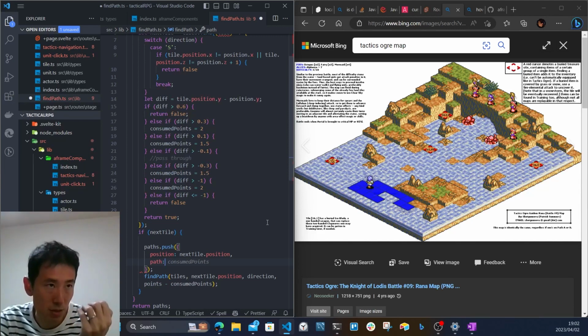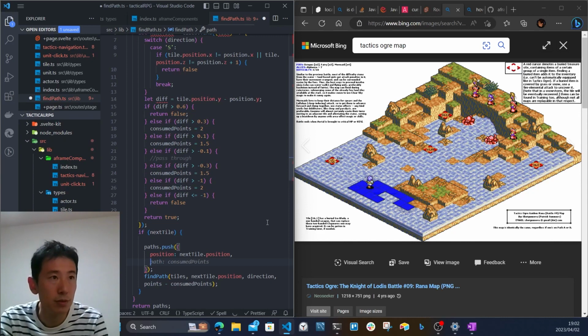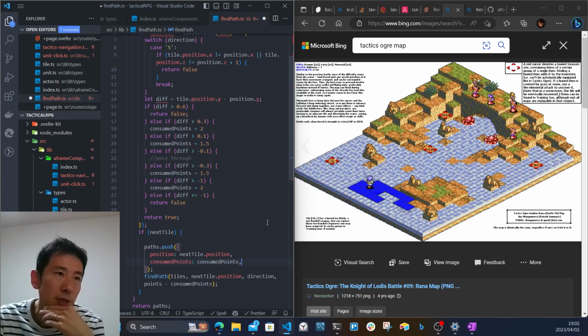So this means there's a path to just single step moving forward. And consumed point is consumed point. No, but if it's a 2-second time,